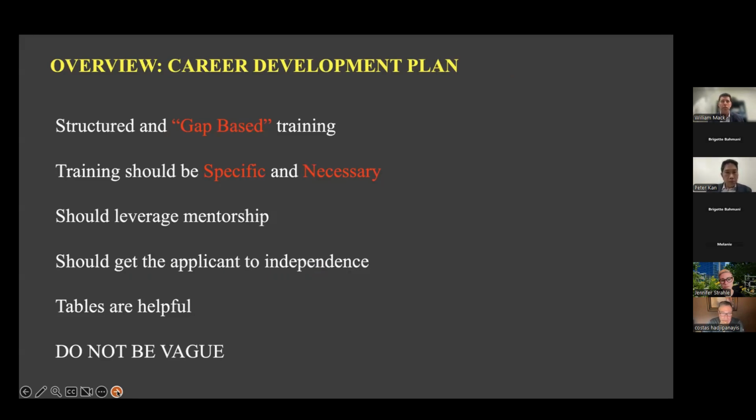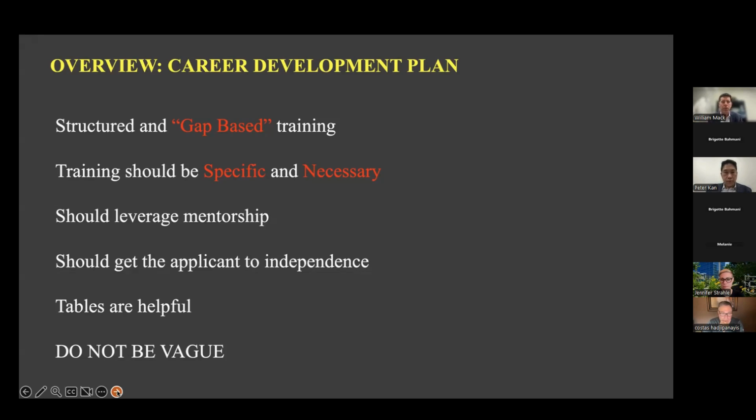What that means is when you come into writing something like this or thinking about the construct, it's what type of skills do I have and what do I need to gain in terms of training, which brings us to the next line, which is that training should be specific and necessary. If somebody has all the training they need to put together a career development grant or award, they probably shouldn't be applying for that mechanism. They should be applying for something more advanced, an R01 or an R21.